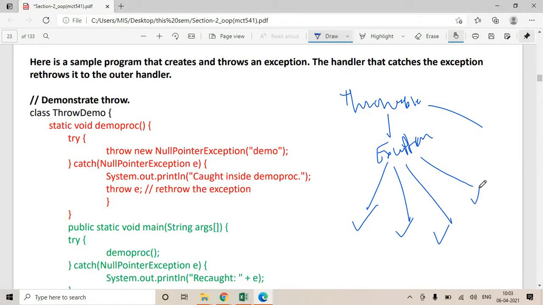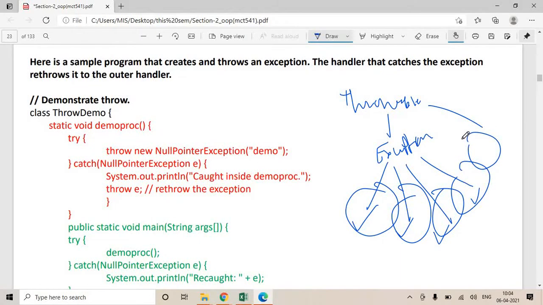So many classes are there representing the various exception types. So an object representing these kinds of exception classes can be thrown.